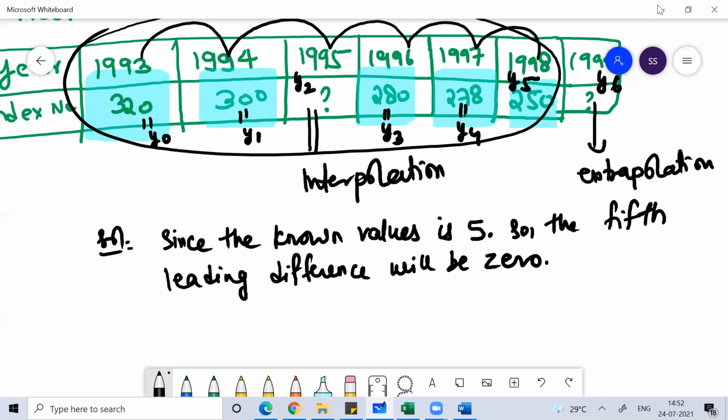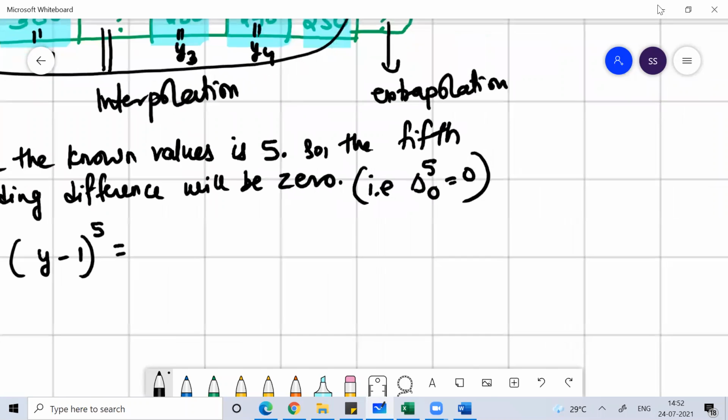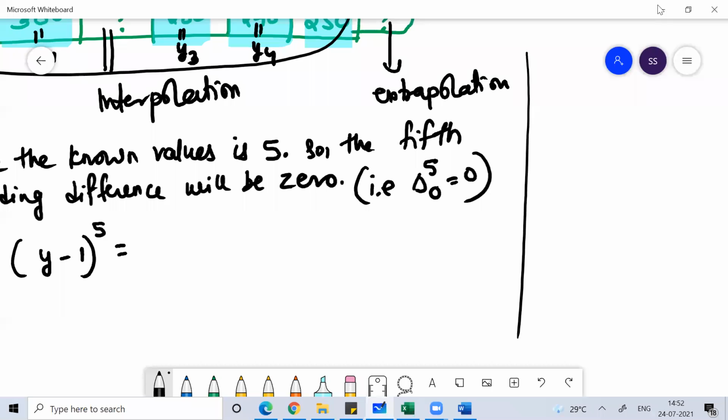Okay, so in bracket you can write, that is, delta^5 y0 equal to 0. Like this you can write. Now what does this mean, sir? Whatever the known values, 5 known values are there, you write down the formula. Formula (E minus 1) to the power 5. I taught you all this yesterday. How will you find this formula? Very simple, guys. You write y5, then minus y4, then plus y3, then minus y2, plus y1, minus y0 is equal to 0.